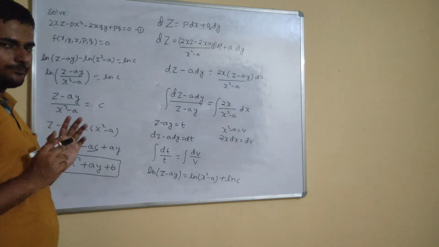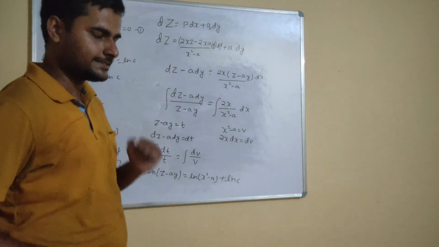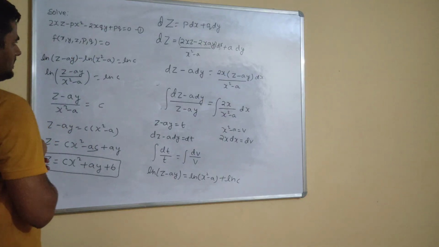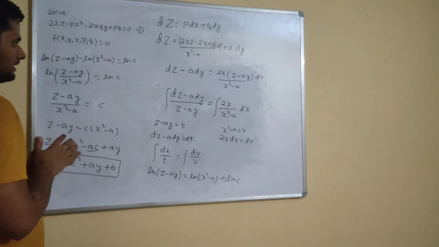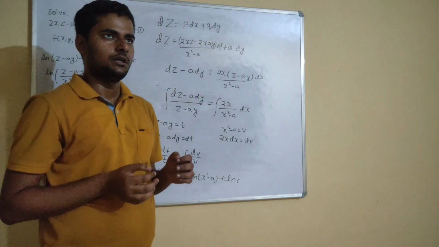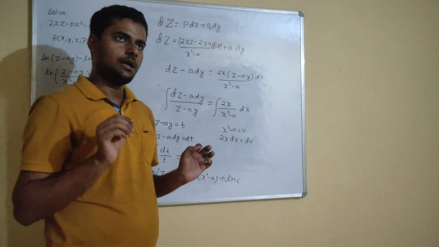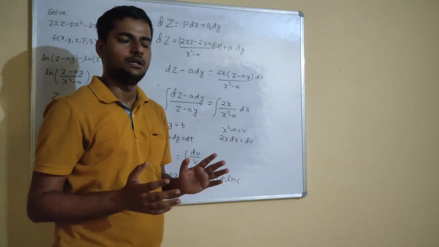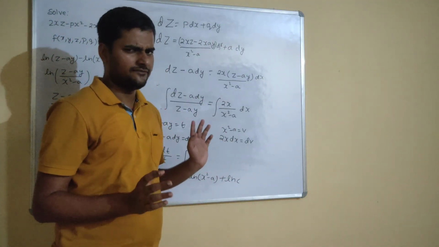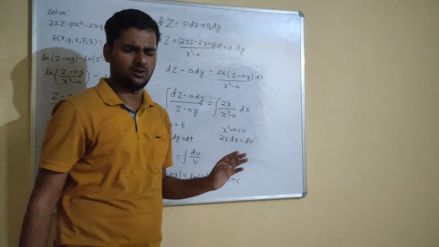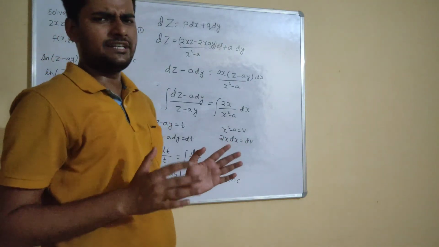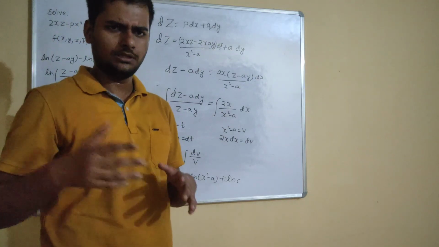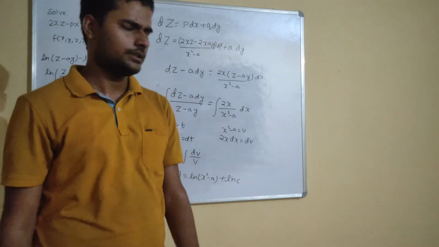So I hope this was simple for you. Just to summarize the steps. First step was get everything to the left hand side. Okay, that was already there. Write the Charpit's equation. The Charpit's equation will get imprinted in your mind even if you solve at least 2 or 3 questions. So instead of thinking how I will remember Charpit's equation, solve questions.